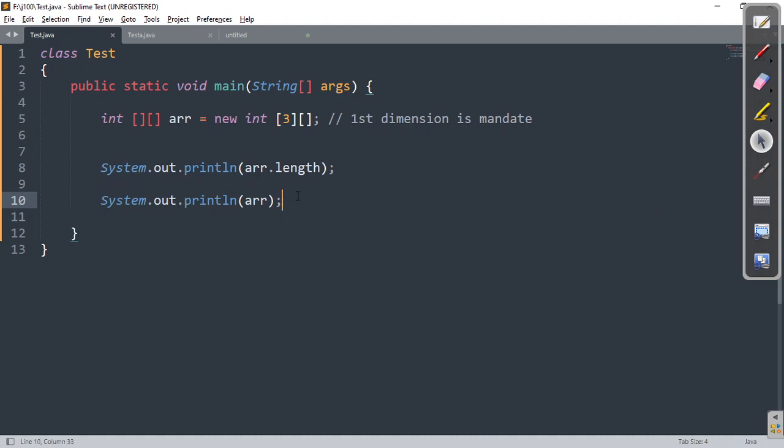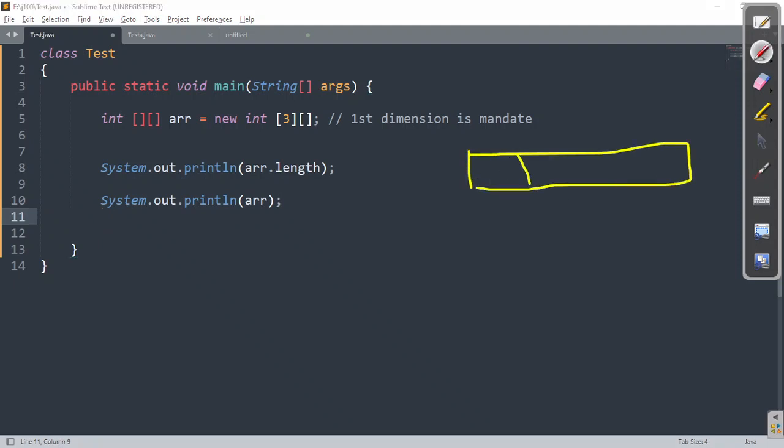Now the question is, we have not created ARR of 0. Now see, if we are writing like this, this is an array which is going to be created. Now, since ARR is the name, that is a reference variable that is referencing to this particular array object. Now, my question is, ARR of 0, does it exist or not? It is not referring to anyone. That's fine. ARR of 0 is not referring to anything. We have not created it. 1 also not created. 2 also not created. But the question is, do these exist or not? Yes, they exist.